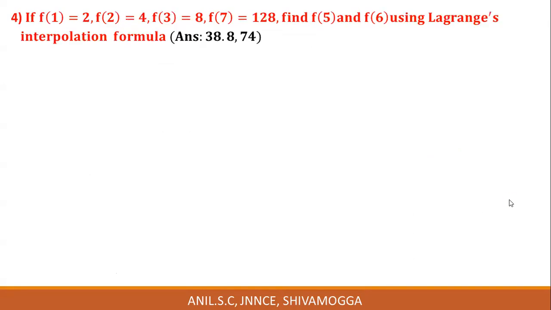So please note down this problem. Try this one by yourselves at home. If f of 1 is equal to 2, that is x naught is equal to 1 and y naught is equal to 2. Similarly, x1 is 2, y1 is 4. This is x3, y3. x naught, y naught, x1, y1,